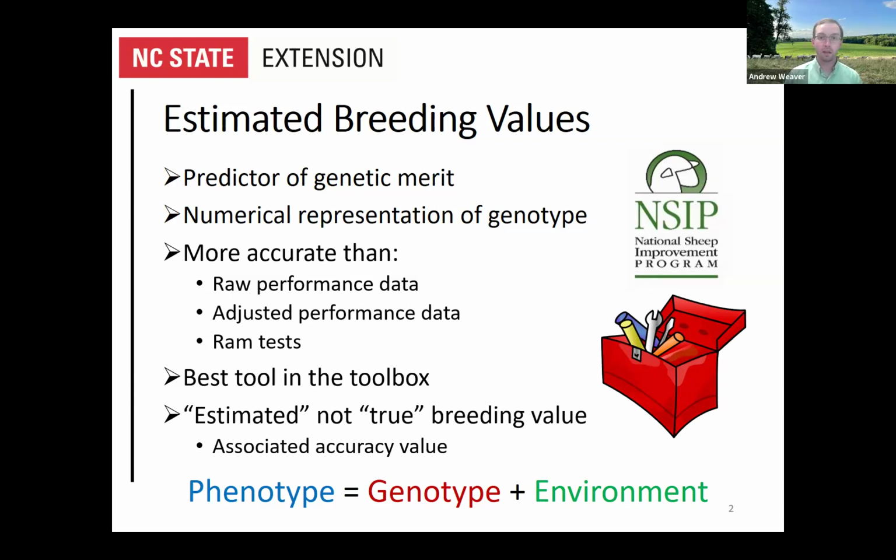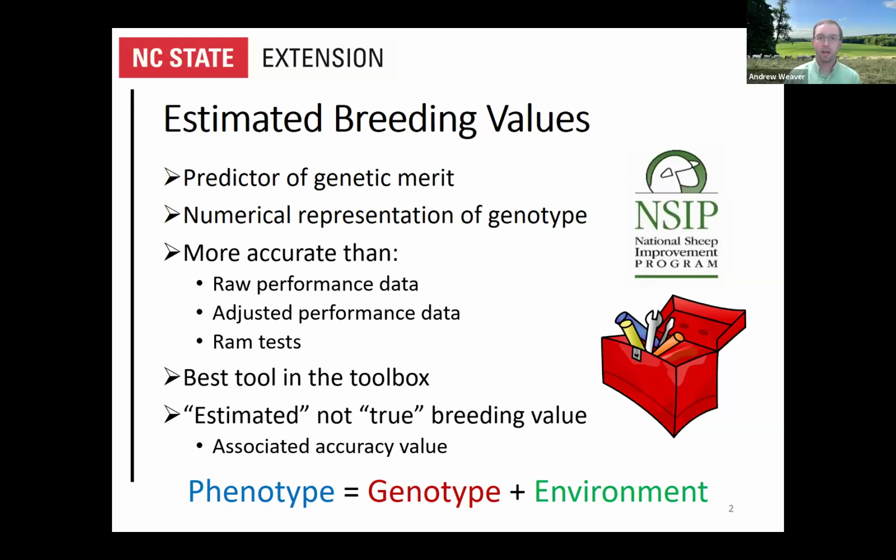For a trait that we know very little about, where we have very little data, maybe it's a reproductive trait in a very young animal, no genotype information, we haven't sent in any TSU for genotyping or anything like that, that animal hasn't had any progeny itself, we have some pedigree information, and that's about it. The estimated breeding value is still going to be the most powerful tool we have. That estimated breeding value, even on a young animal, is still more accurate than raw performance data. But there will be a relatively low accuracy value because there's just not as much information contributing to the prediction